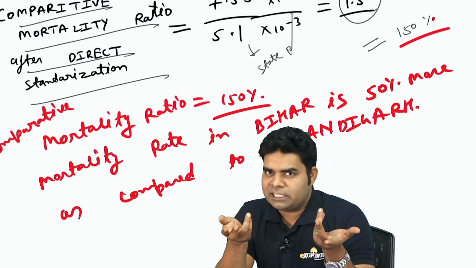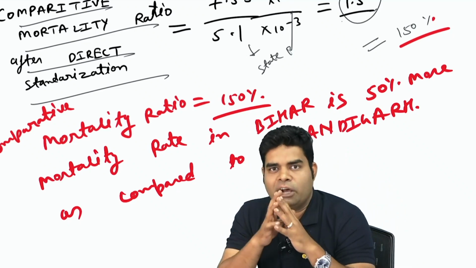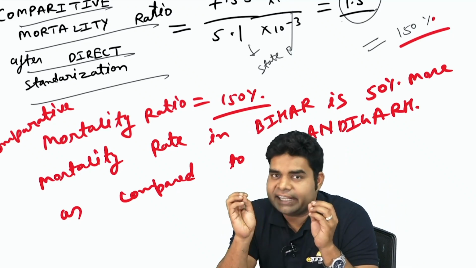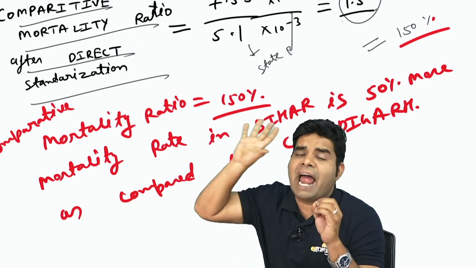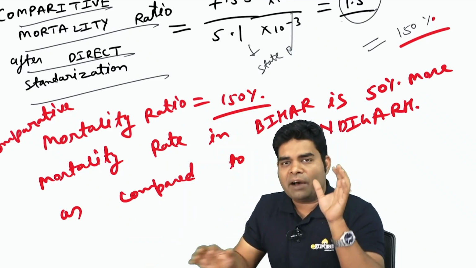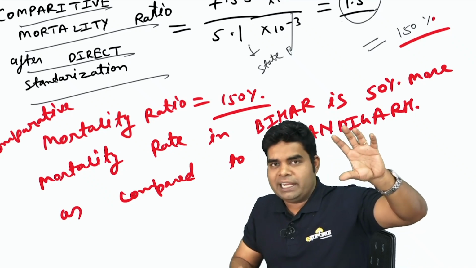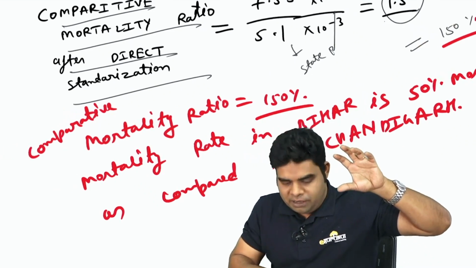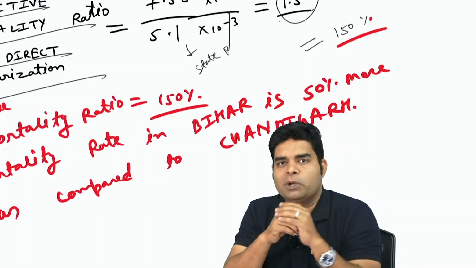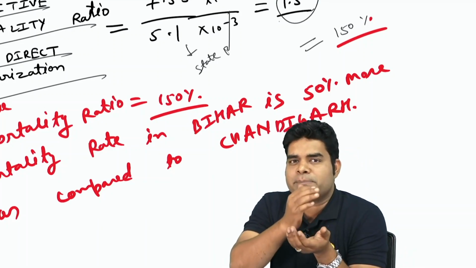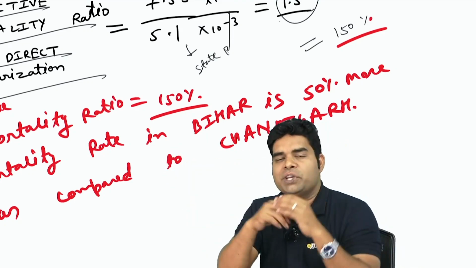Age specific death rate is very simple. What is the number of deaths and what is the total population, multiplied by 1000. So when we get the age specific death rate, we multiply it with any standard population. In our example, the standard population was 1 lakh people in 0 to 29, then there was 40,000 and then there was 20,000 people. That was a standard, fixed number of population. So we multiply the age specific death rate of both of the countries with the same standard population.